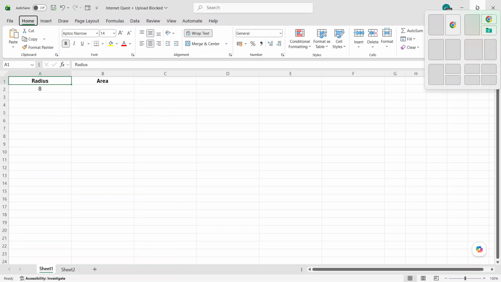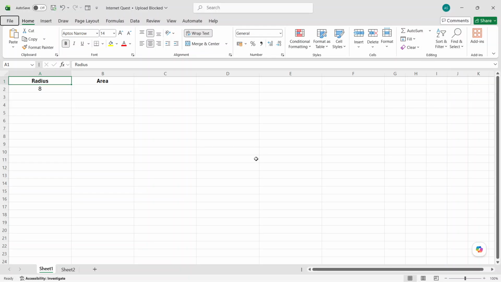In today's video, I'm going to teach you how to insert circle area formula in Excel. First, open the Excel workbook where you want to calculate the area of a circle. This can be a new worksheet or an existing file where you're already working with data. The goal is simply to have a place where you can enter a radius and let Excel calculate the area